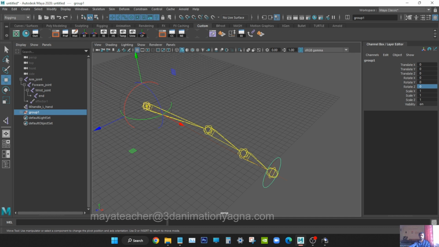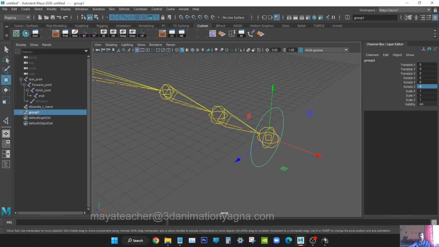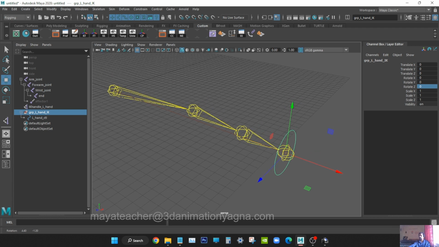Bring the group's pivot to the circle's center. Be careful in that. Right. Now rename the group also, left hand IK. Right. Inside that group, your left hand control is there. So now